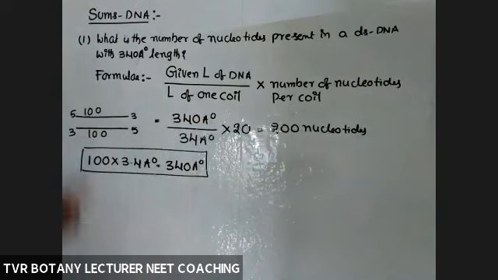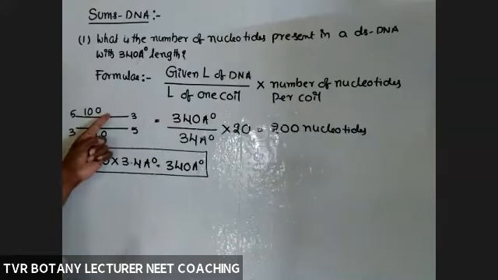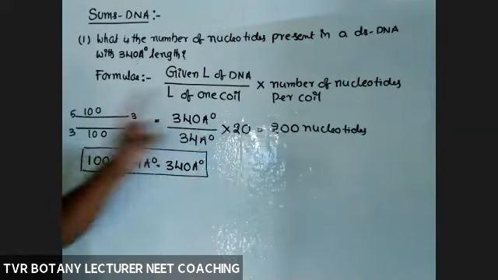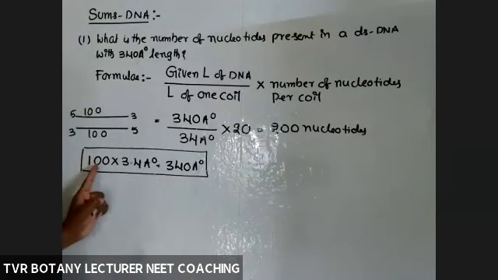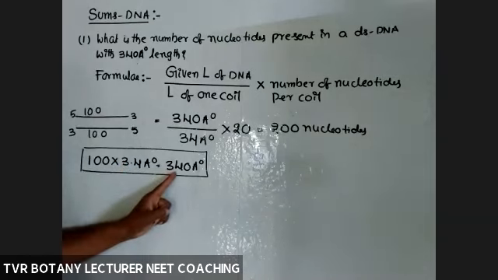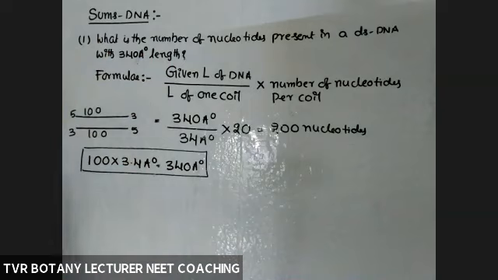Cross check it. Say this is the DNA molecule, strand 1, strand 2, polynucleotide strands. How many nucleotides? 200. 200 divided by 2, per strand how many? 100. So 100 into the distance between two successive base pairs, 3.4 angstroms, is 340. It means what we did is 100% correct. Yes, Swagat? Rest of the students?